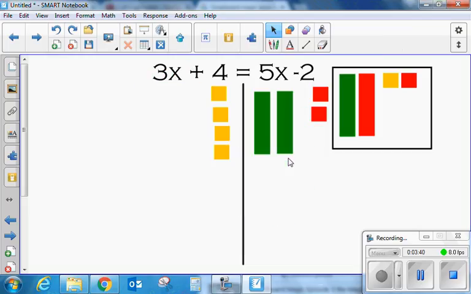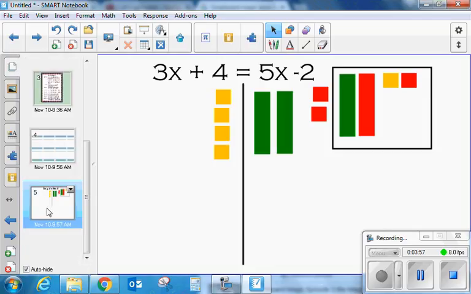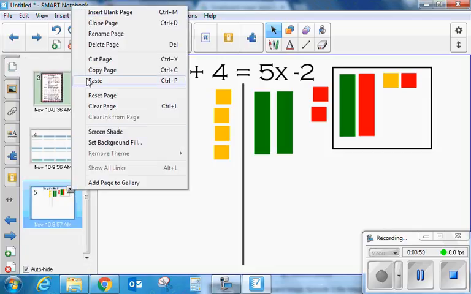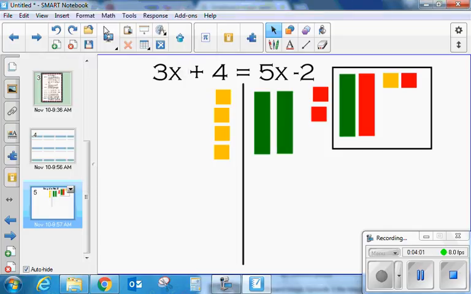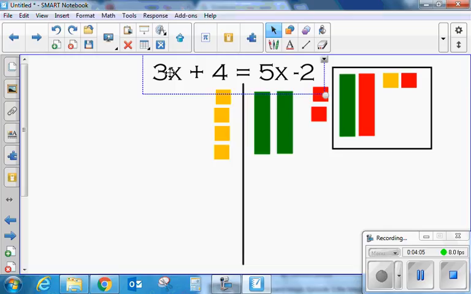I'm not going to go into actually modeling how to solve this equation, but I wanted you to see a useful reason for knowing how to use the infinite cloner feature. Now, I did just spend a lot of time creating these little rectangles, coloring them the right color. So now I'm going to go ahead and clone my page. So if I click this option and I say clone the page, it's going to give me another copy of it. So now if I want to do a different equation,